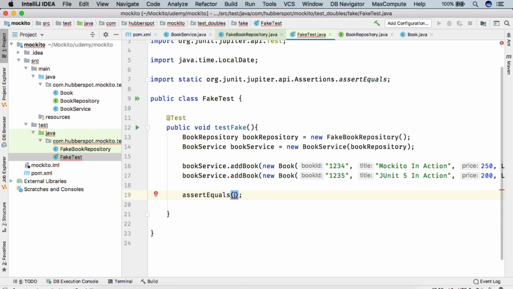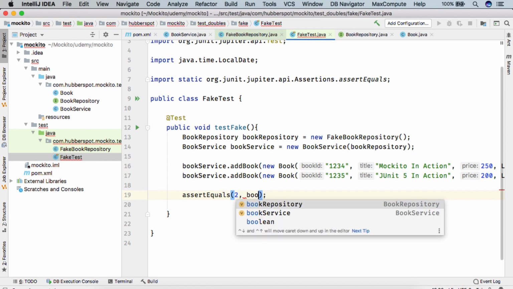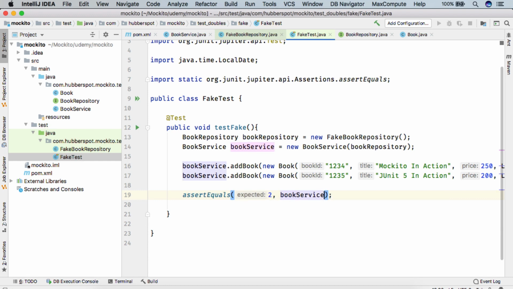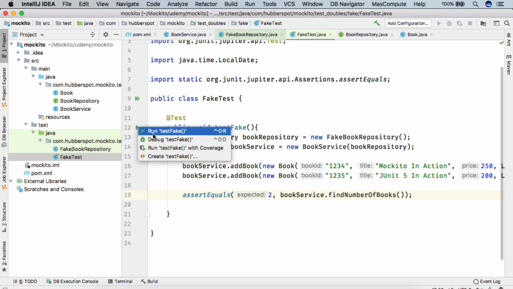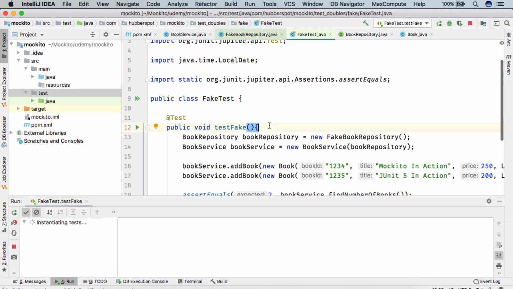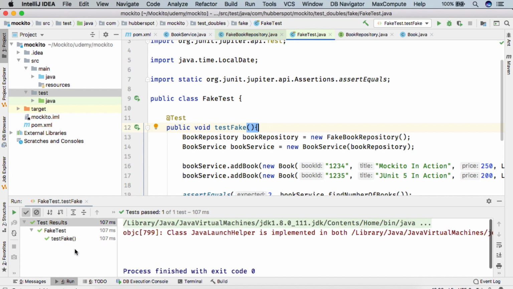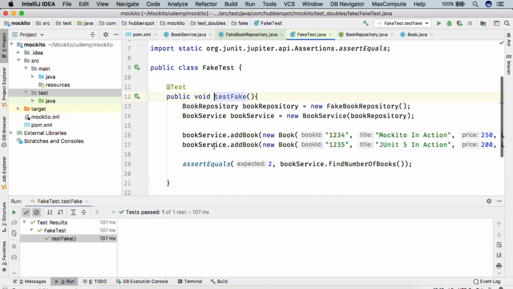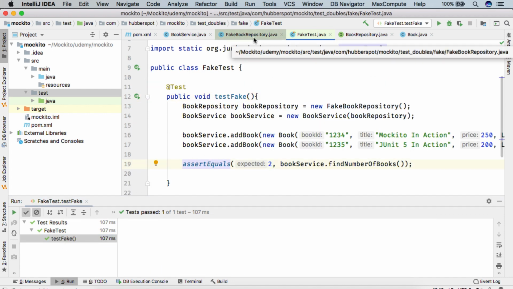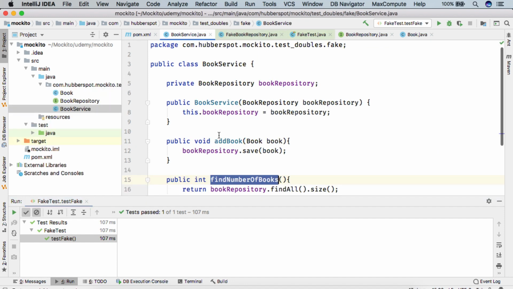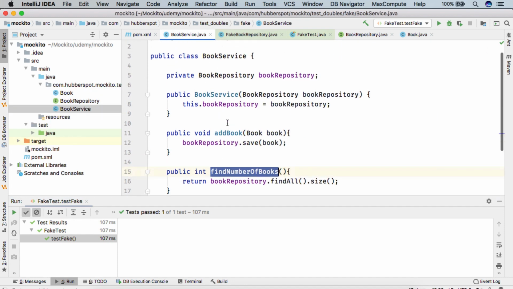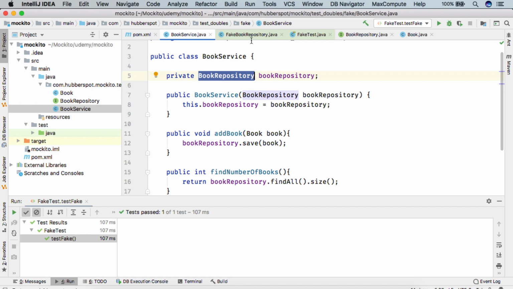Let's say we give the expected value as 2, and for the actual value we call find number of books. So friends, if we run this test case now, you can see the test case ran successfully, and we could test the book service methods without even going to the database.